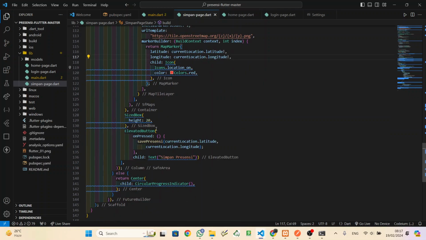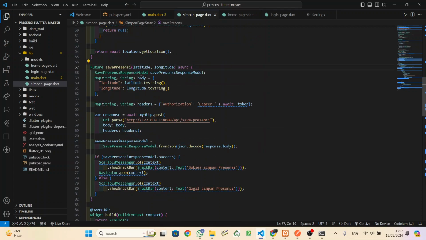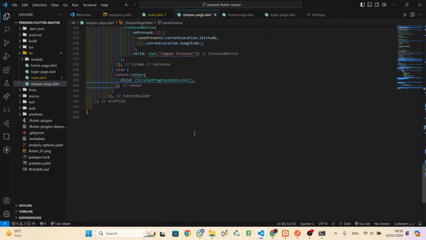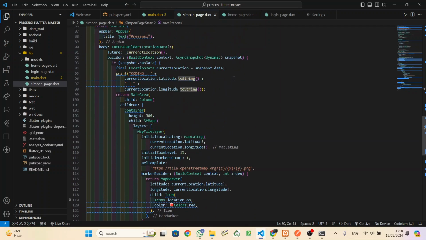And also we use an ElevatedButton here. When you click, it will save the presensi at the top, converting the latitude to a string, and then save that to save presensi. And when it's done, redirect to the home page.